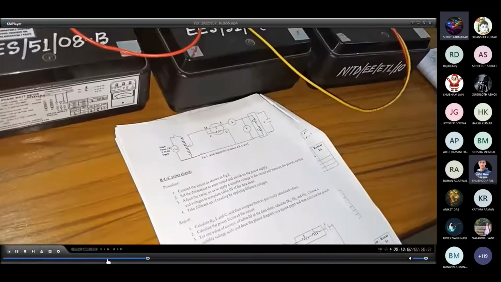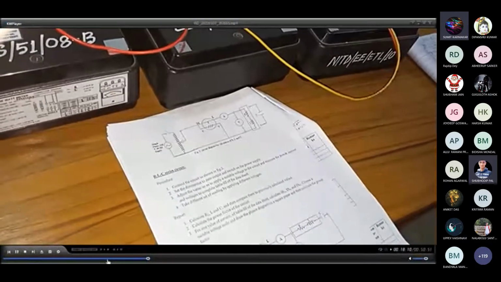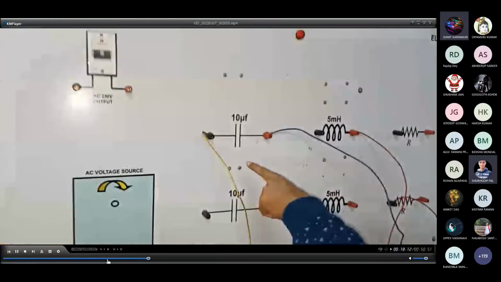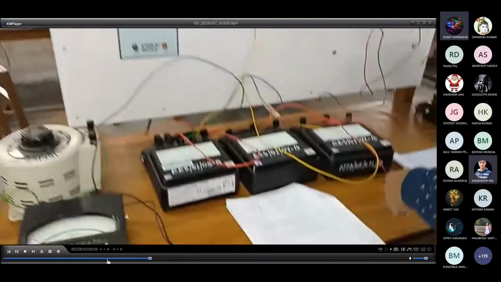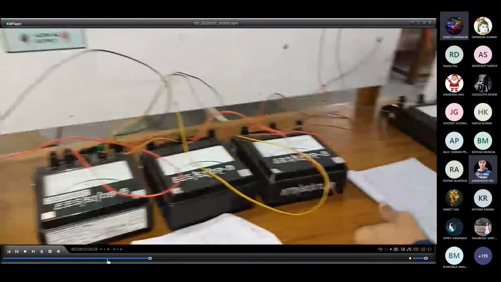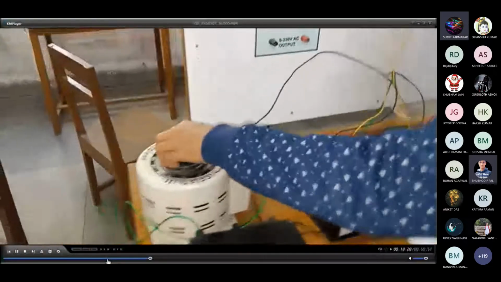So in the same way, we have to take the voltage. Now it is a pure capacitor. We don't have any resistor. So what will be the power consumption? Since there is no resistor, I square R loss is 0. Since R is not there, power consumption will be 0. Right? So let us increase the voltage to 120 first.